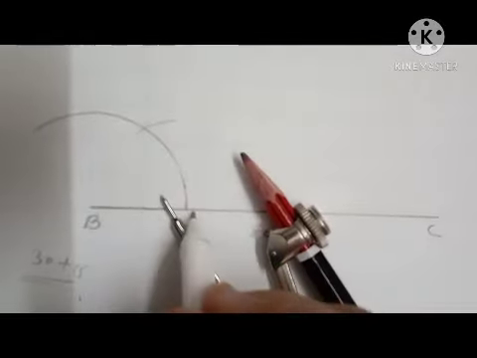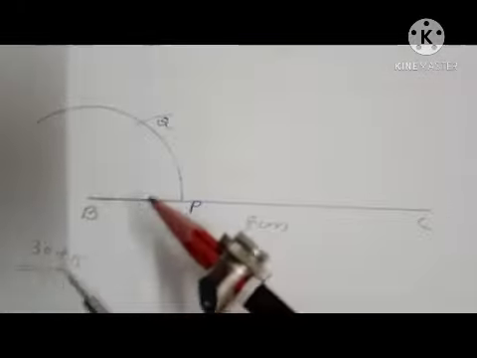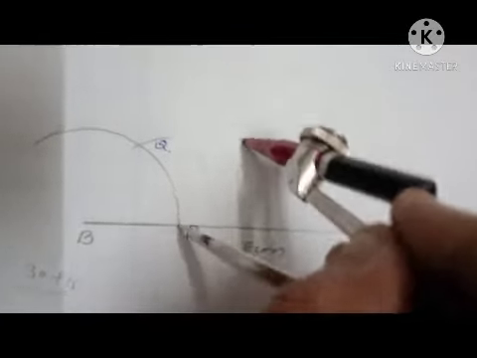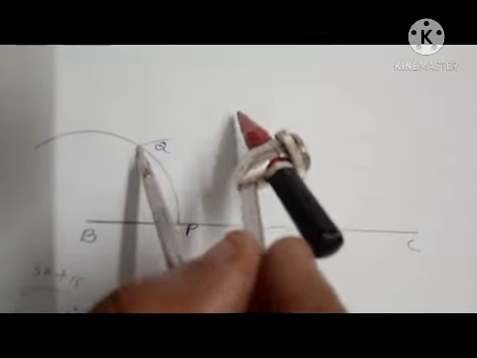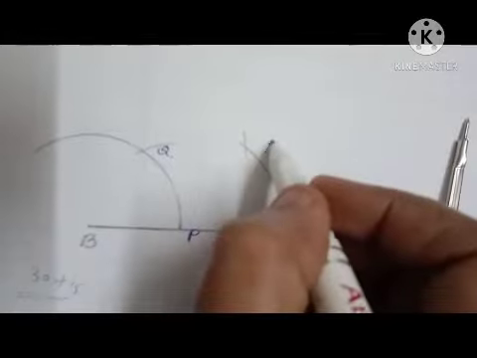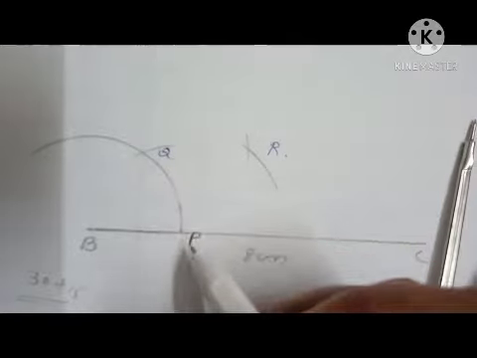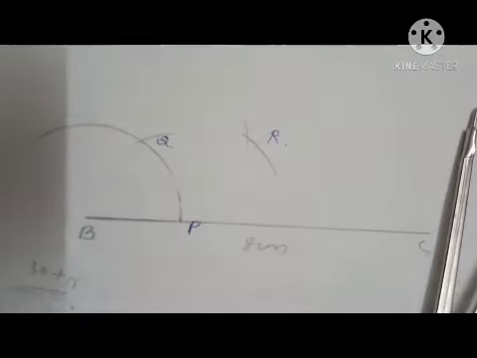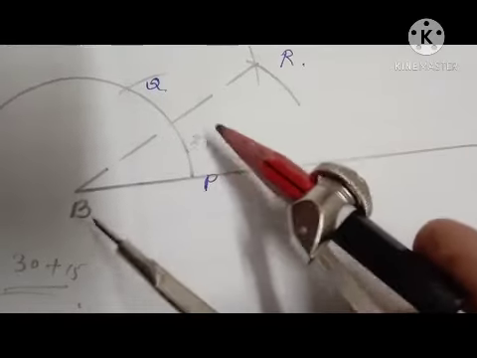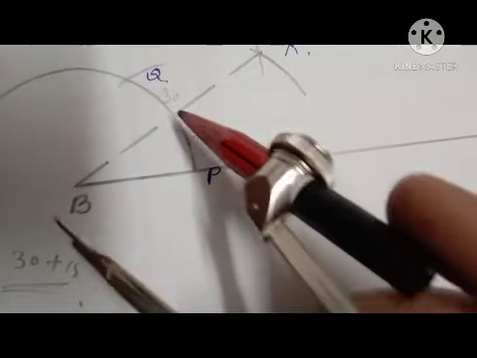these are the points P and Q. Right? Then we have to get 30 first. For getting 30, we have to draw the angle bisector of this PQ. So we have to draw two arcs with the same measure. Now we got the another point R. Now join this B and R. Then we will get 30 degrees. Line is not required. We have to get 30 plus 15. Here we got two 30s. This is 30. This is also 30. Then this 30 we need.